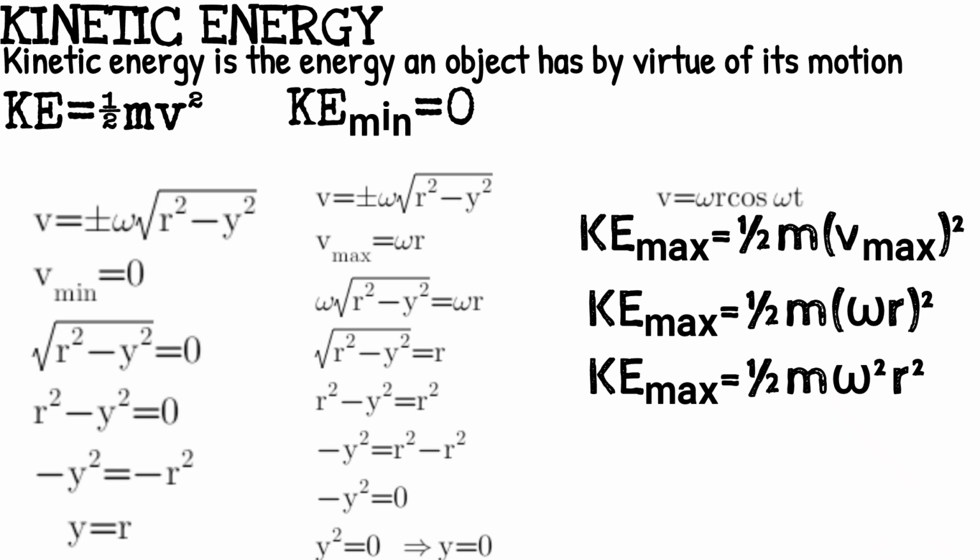Now, one thing you will notice is that our formula for maximum kinetic energy is the exact same formula for maximum potential energy. Do you see it? It's the exact same formula, okay? So we don't need to cram two different formulas. The formula for maximum PE is the same as the formula for maximum KE. Good. Now let's talk about our law of conservation